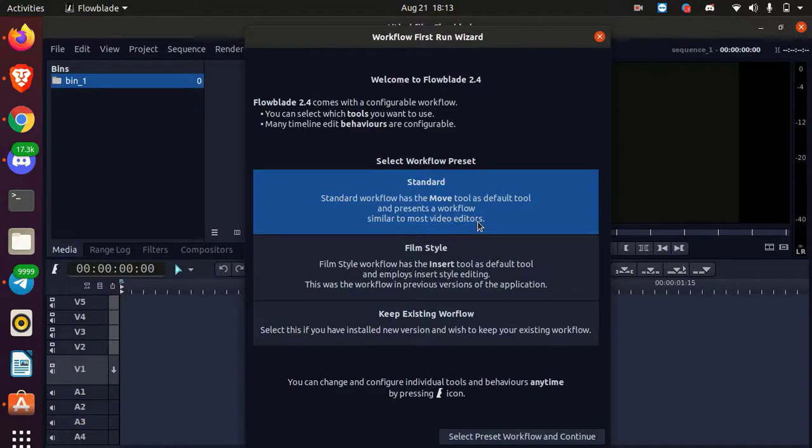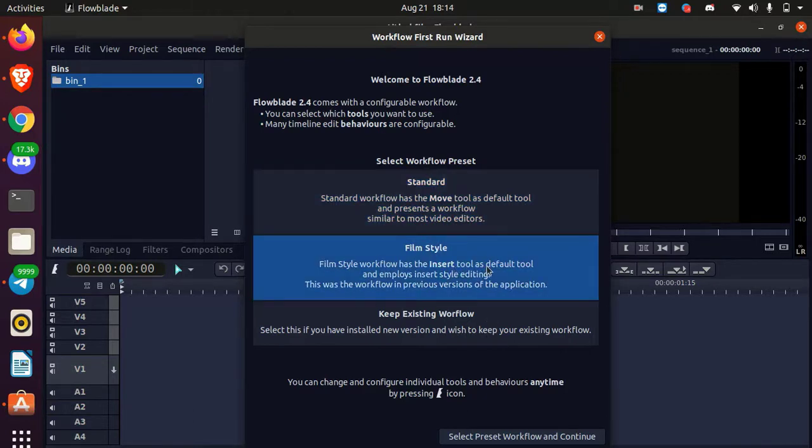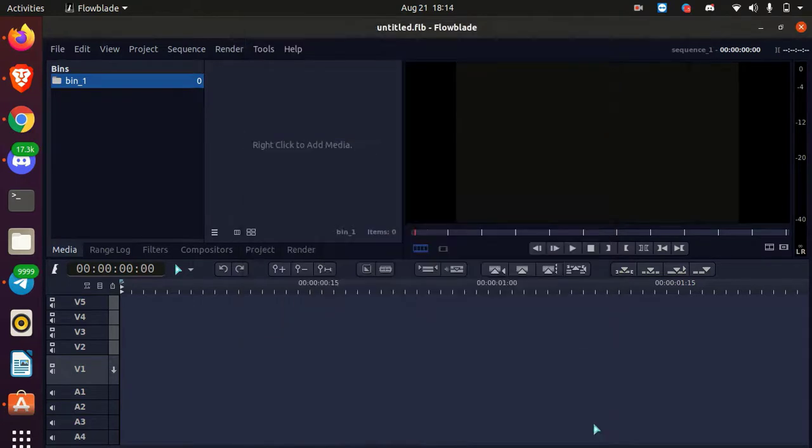Welcome to Flowblade. Select the workflow preset: Standard, film style or keep existing workflow. I am going to select the film style one. Then simply click on select preset workflow and continue. Alright,